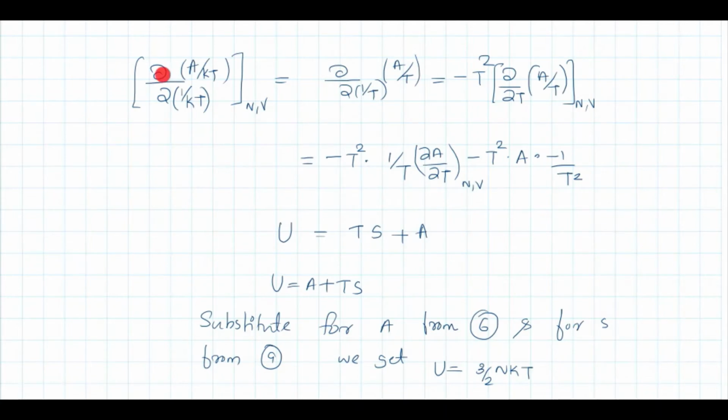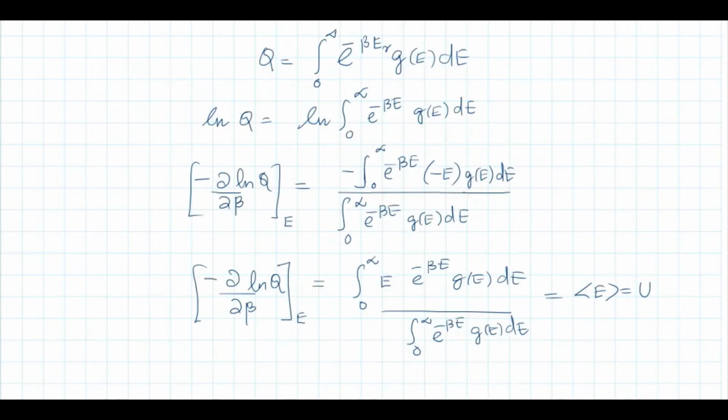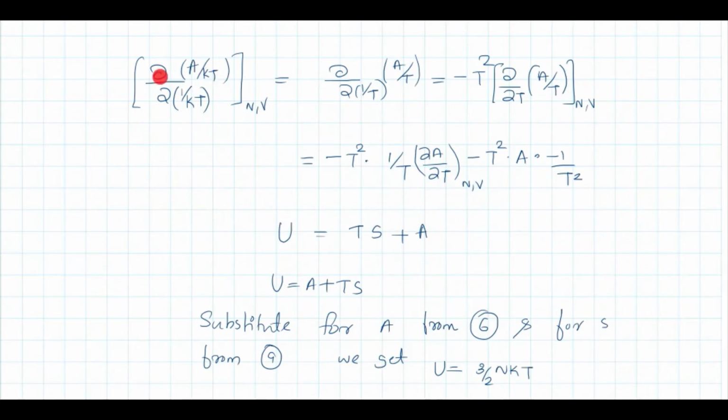So we can write ∂/∂ of β, where β is actually 1/kT, and log Q you can write as minus log Q. You can write it as A/kT. So that relation we can write as U equal to ∂/∂(1/kT) of A/kT. This k you can cancel and this you can write as ∂/∂(1/T) of A/T. This is nothing but minus T² ∂/∂T of A/T. Okay, ∂(1/T) you can write as minus 1/T² ∂T.